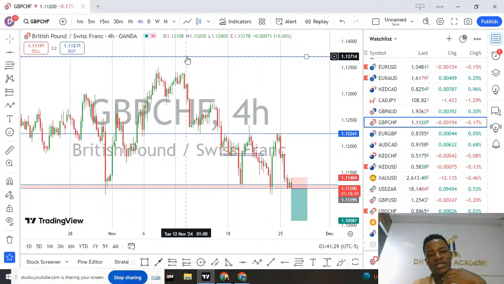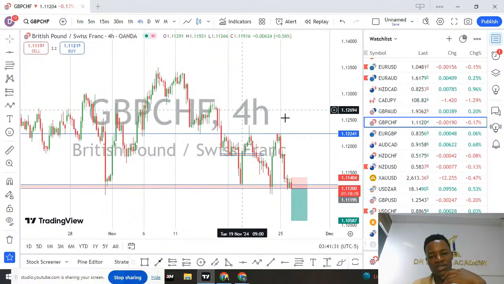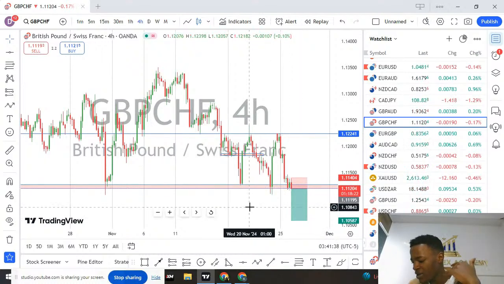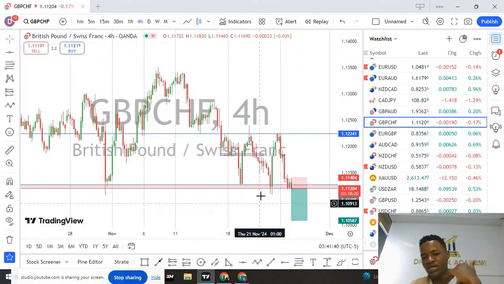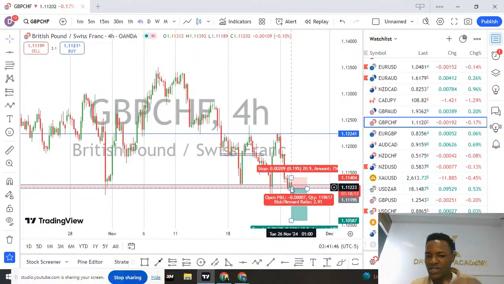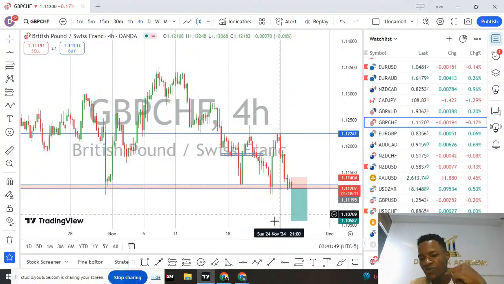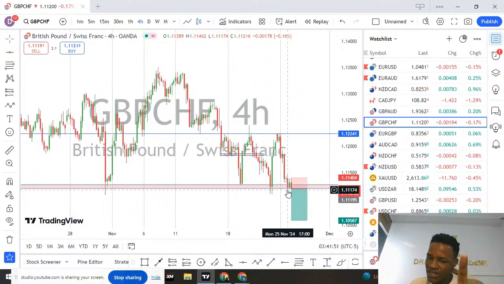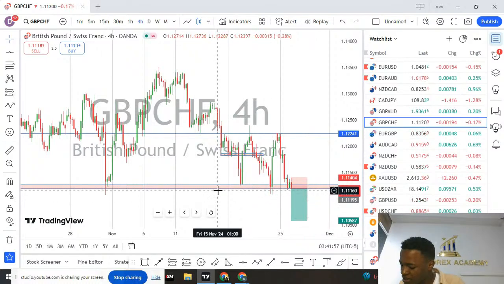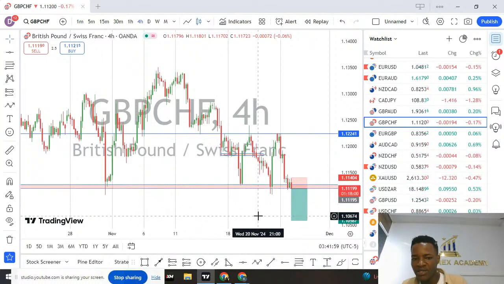In such a scenario, Daisy, when you see such a structure, a green candle engulfed by a red candle, definitely know that the market is going to drop and create another low. So that's how you clearly know. This entry confirmation is always on the time frame you have seen, the 4 hours. Make sure you wait for the 4 hours to close. You clearly see that it has engulfed the green candle, indicating that the market is going to drop. And that's how you can clearly know the market is about to break that area.